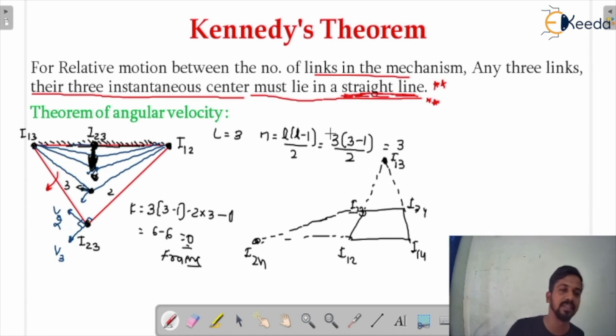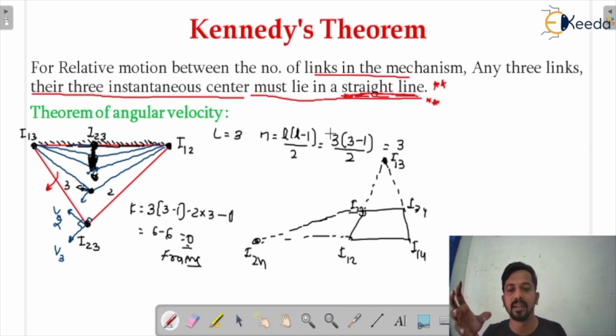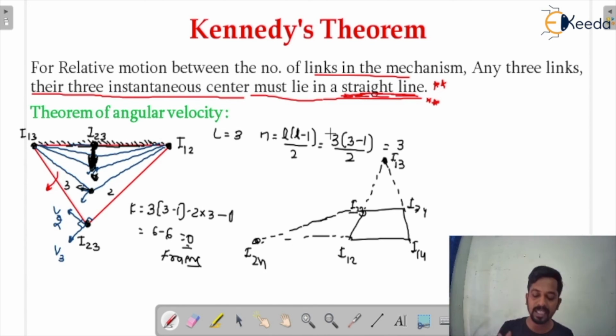If you are preparing for the engineering services conventional exams, generally the question is going to be asked from the angular velocity theorem, because it is a little bit tough: you have to draw the instantaneous centers, then calculate the angular velocity, and then consider the sign. So it becomes a little bit tough, because the chances of making an error are high in that topic. But basically this is an important topic from the conventional point of view. In the GATE examinations, they generally ask you to find the angular velocity. They don't go in deep.